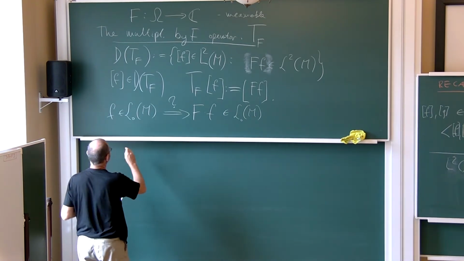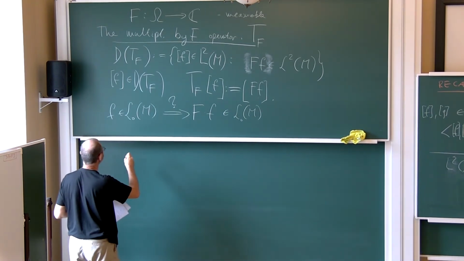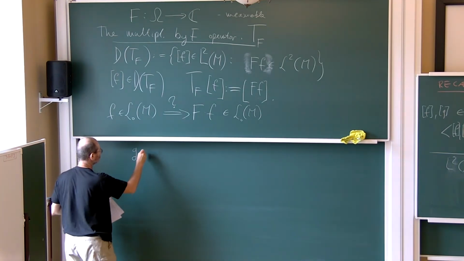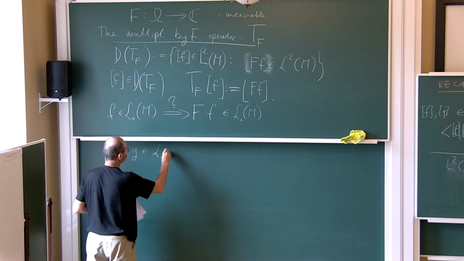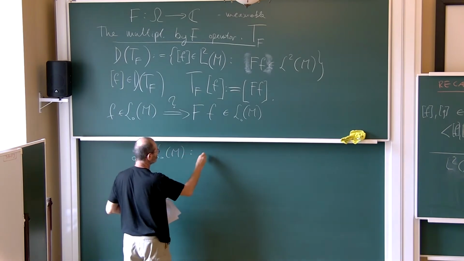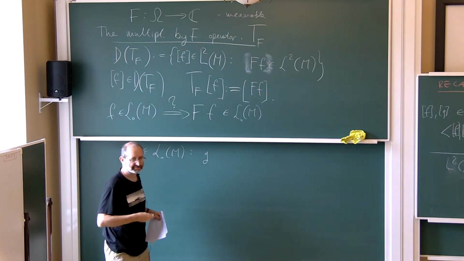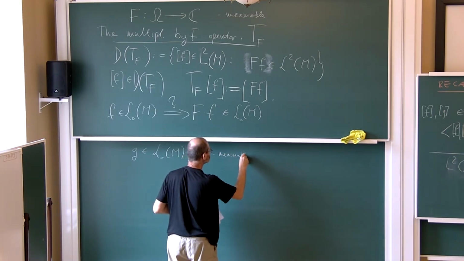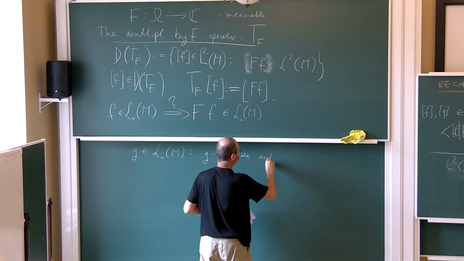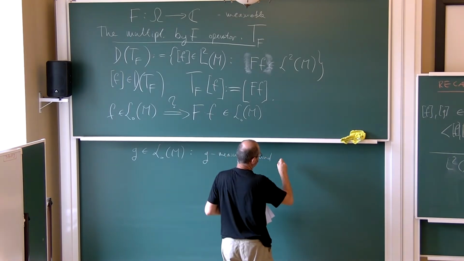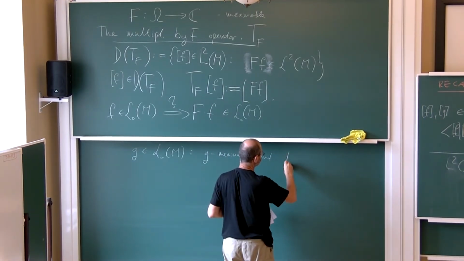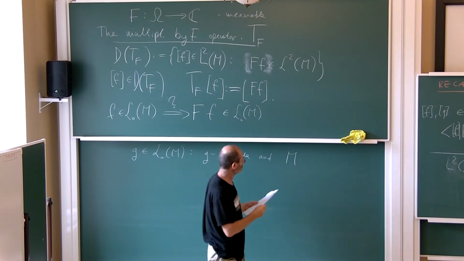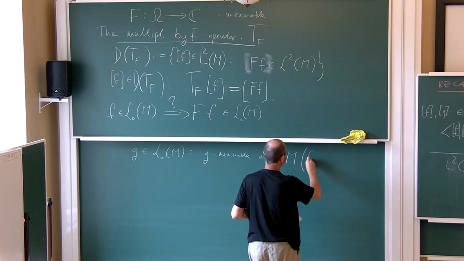So, what does it mean? It's a good moment to recall what it means that G belongs to R0M. It means that G is a measure-up function, and we can say that the measure, or the trace measure, is the same for the set